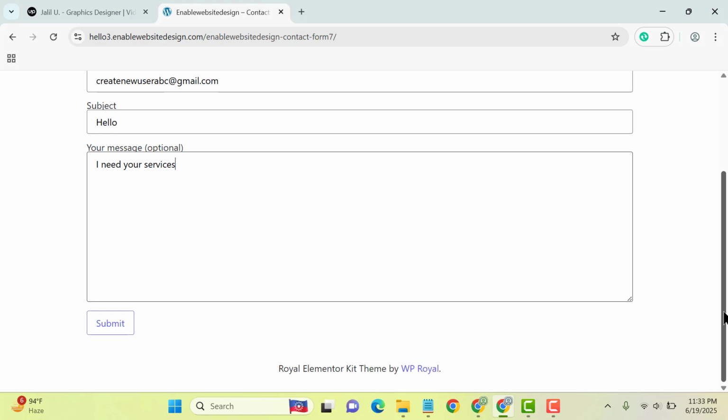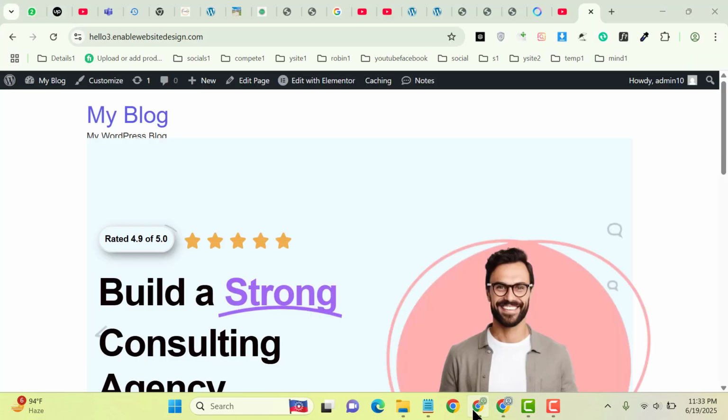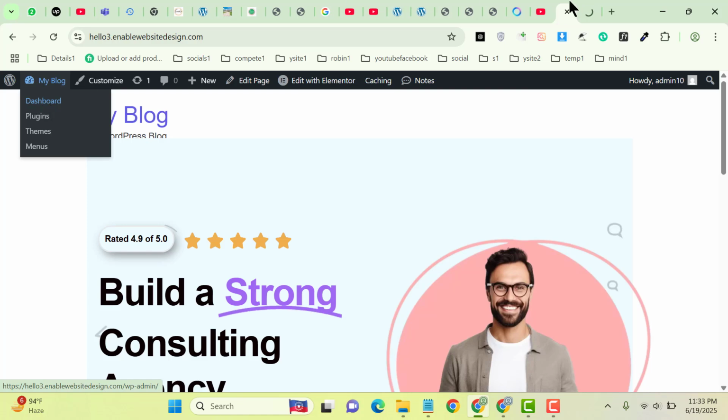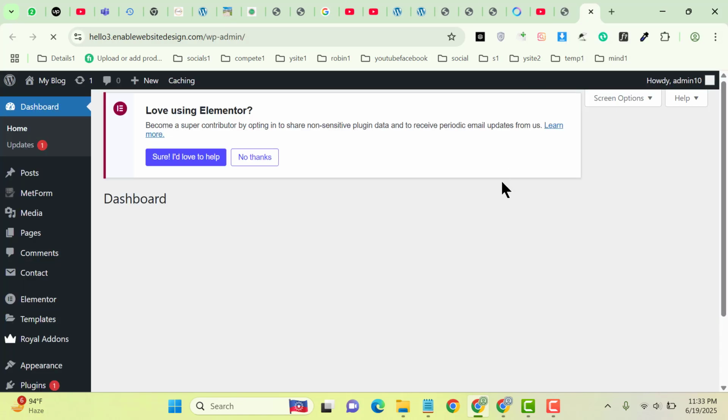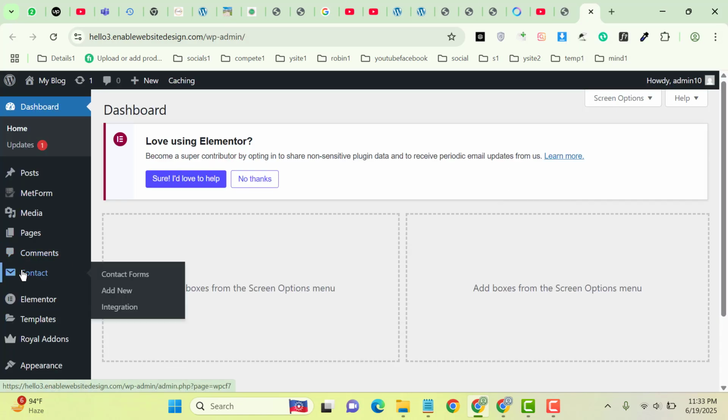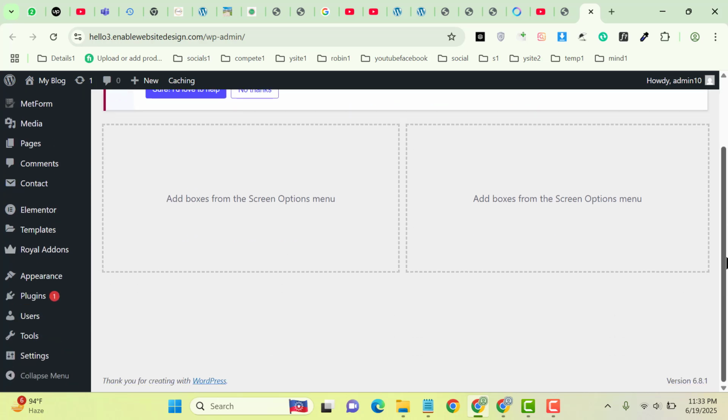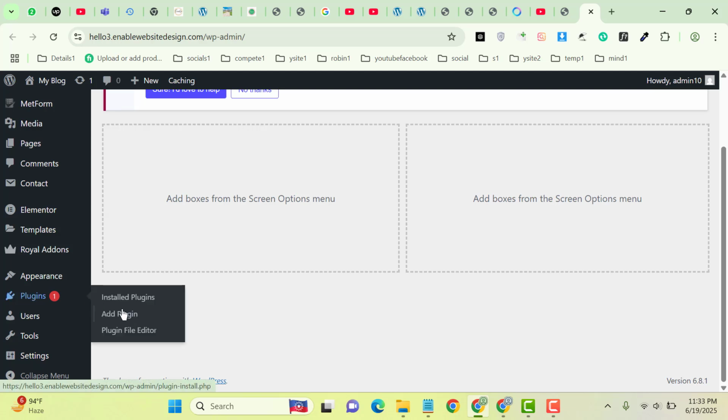Then scroll down. So if I click on submit button, then form will be sent, but I will not be able to see entries in my WordPress website. So let me go in dashboard, and here you can see this one is contact form 7 plugin, but there is no option to see the entries, and I have tried different plugins, but they are not able to show the submissions that are submitted with